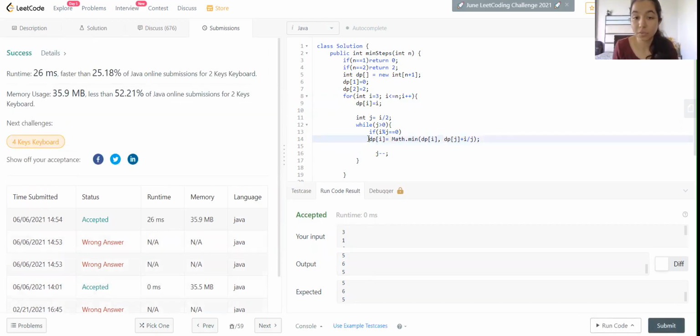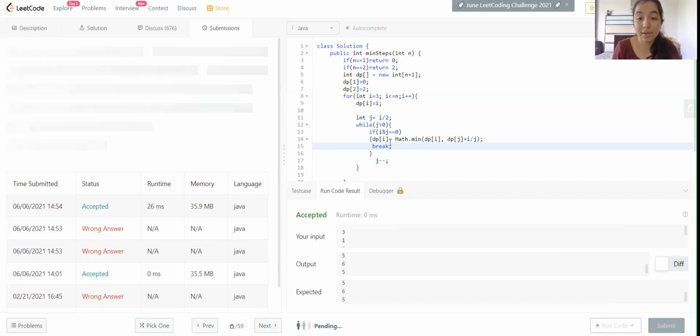Yes, the solution is accepted. So what we did here was, it is not guaranteed that the number present here will always be divisible by i. Because if it is an odd number, then the integer part of it would be saved here and the decimal part would be ignored. So to avoid such cases, we are checking one more condition inside the loop. That is, if i modulus j equals 0, that means j is a factor of i, only then do we follow the following conditions.